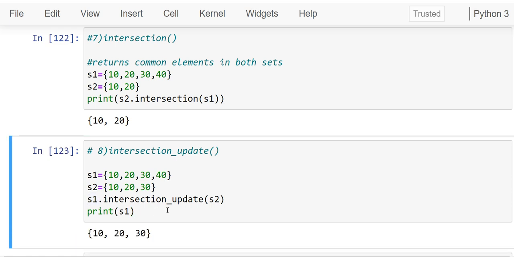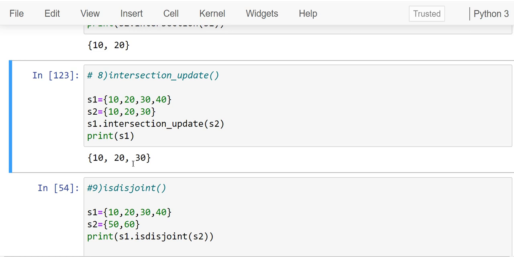Yeah, so let me run the program and analyze the output. Here in this case 10, 20, 30 will be the output. That means these values will be stored in S1, because the intersection between S1 and S2 is 10, 20, 30. So these three are the common values in both S1 and S2, and they will replace the contents of the set S1. So finally we are going to print using the print statement. This is how we are going to work with the intersection update method. We are just updating the particular mentioned set with the intersection values. So let me update set S2 with the intersection values. In that case we need to mention set S2 at the start and S1 at the end.